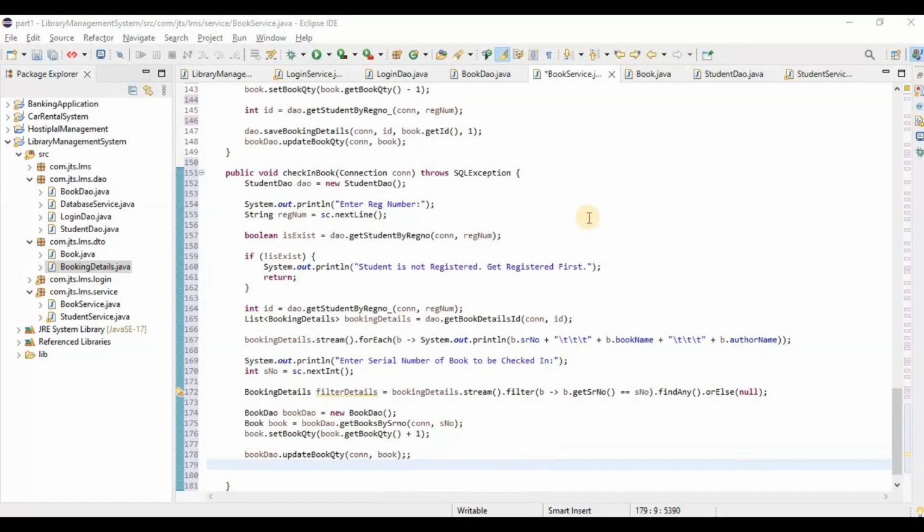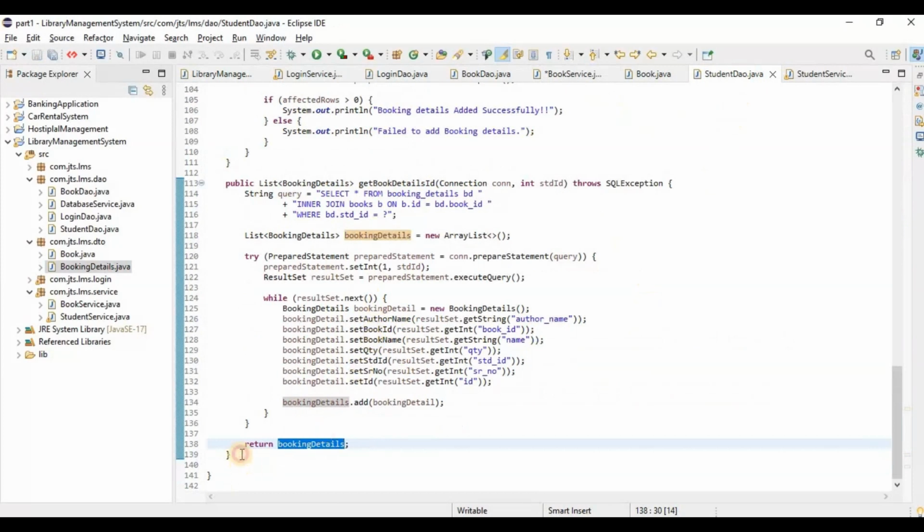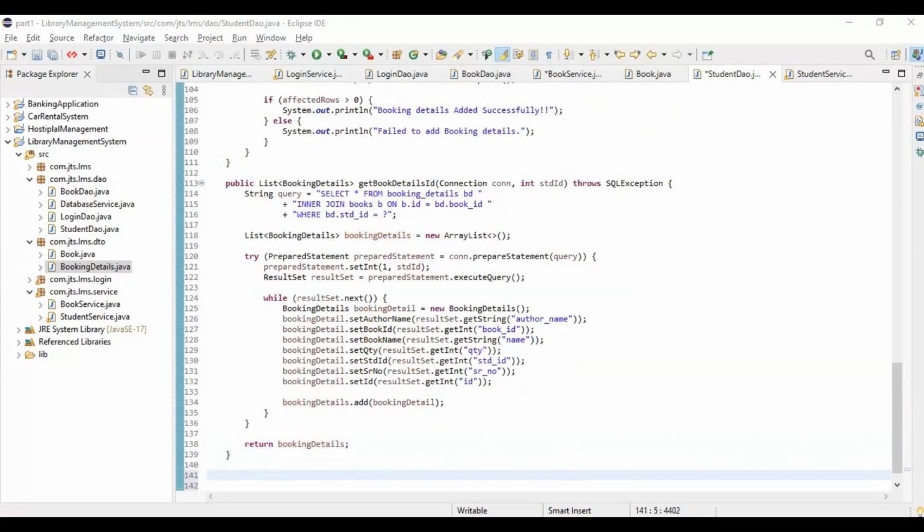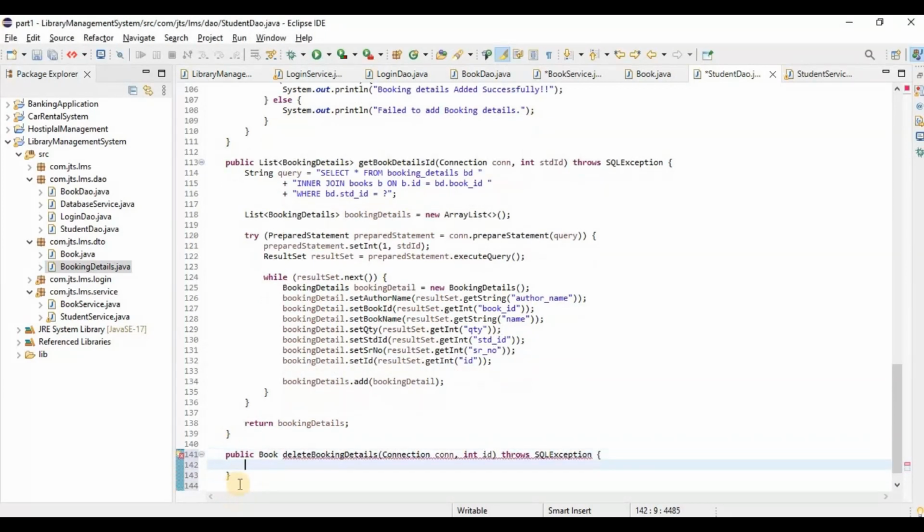from this booking details table. Okay, so here we need to write another query which will basically delete the data from the booking details table, right? So over here we need to write the query equals to delete from booking details where id is equal to whatever the id will pass over here, right? This id. And then we need to write the prepared statement,